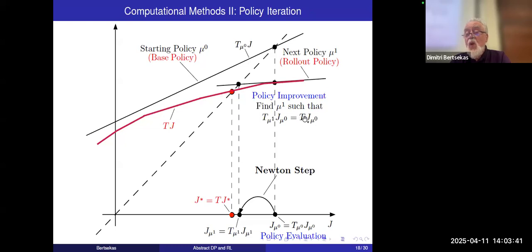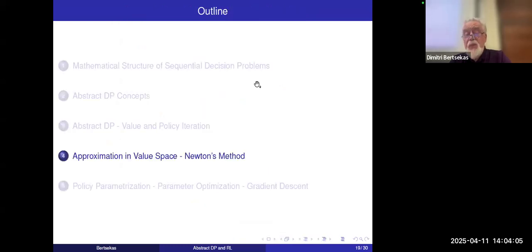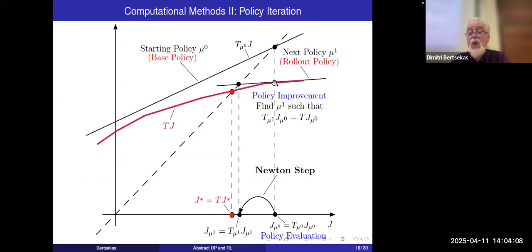By minimization in the Bellman operator over policies. You get a T mu 1, and graphically, out of all these lines is the one that comes closest to this point here. We look at this vertical, we look at all the lines and their intersection with this vertical, and then we go as low as possible. And you can see that we come down to the point where the line becomes a tangent at this point. This line corresponds to the new policy, which is in reinforcement learning parlance called the rollout policy,